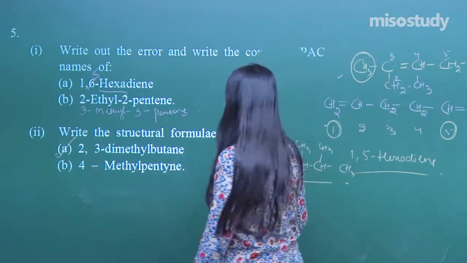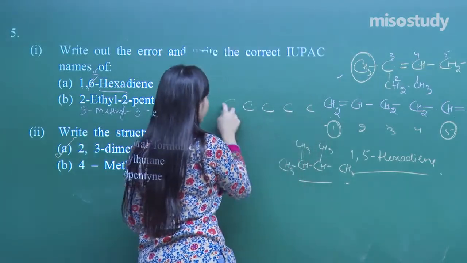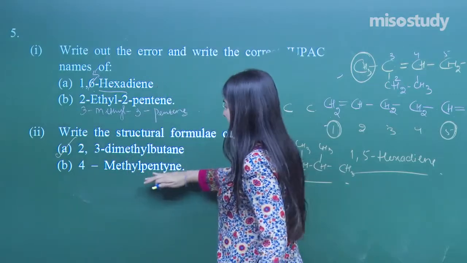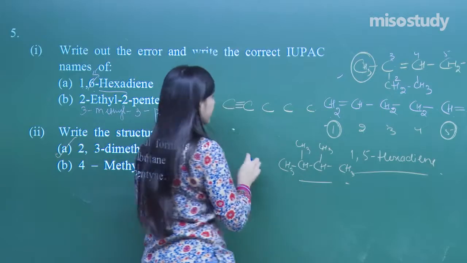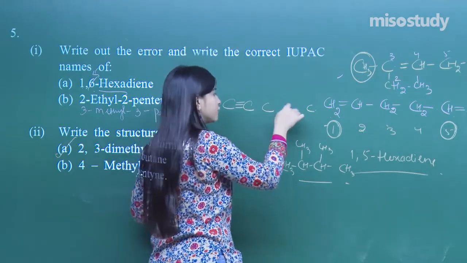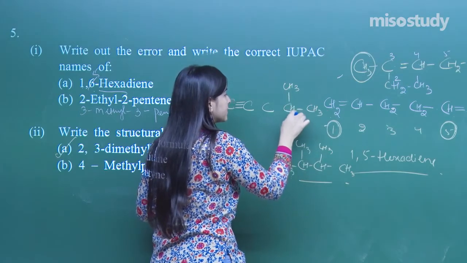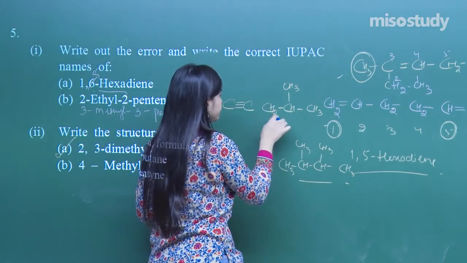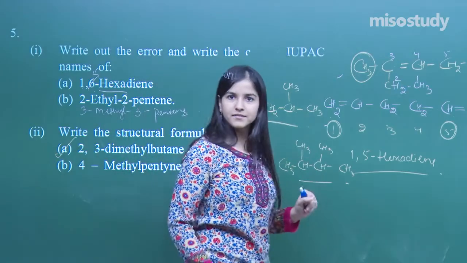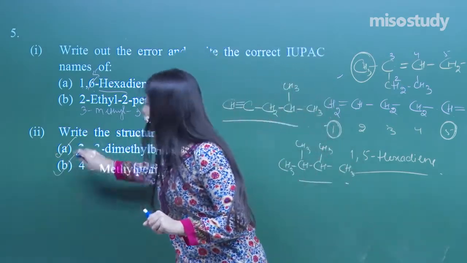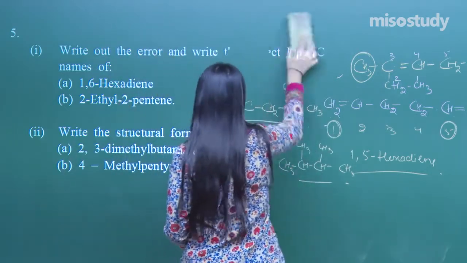4-methylpentyne, it's very simple. Pent-yne, the yne must be placed where? On the first position, it's understood, right? 4-methyl, 1, 2, 3, 4, and we shall complete the valencies here. Done. That is the answer. Clear about it? This is also done. Now, let's move on to the next question then.